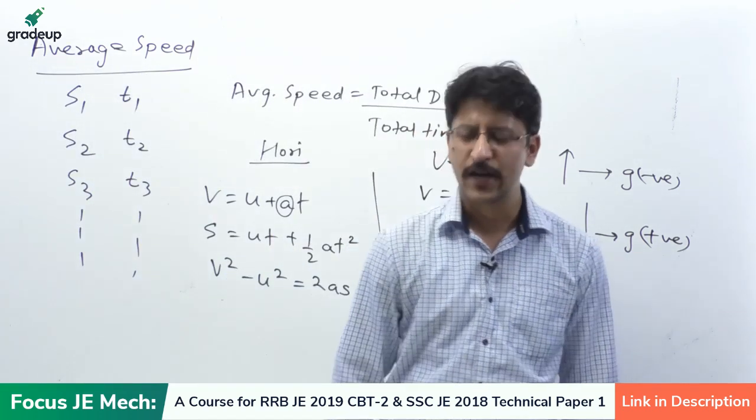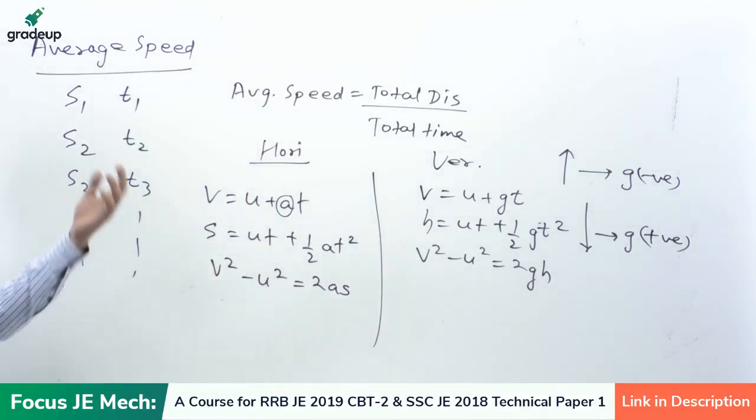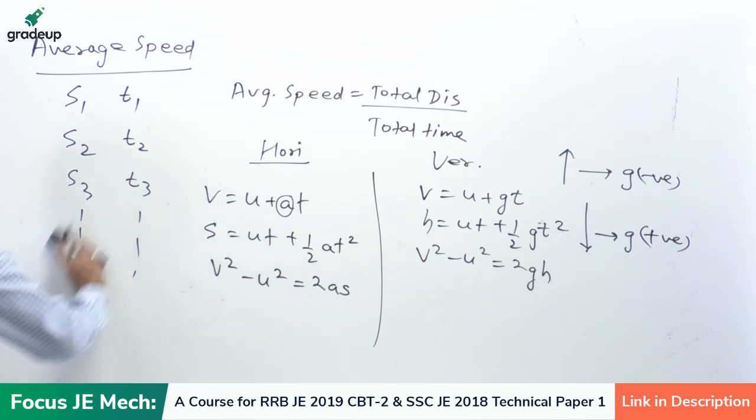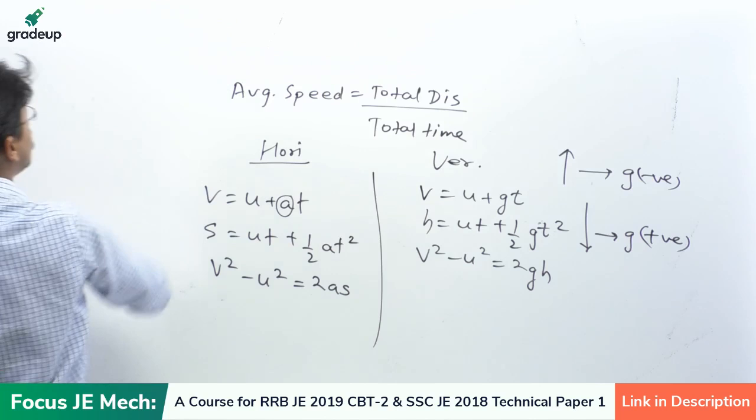Are these formulas okay everyone? These are for linear motion. Okay, and if we just convert them to circular motion, so in circular motion